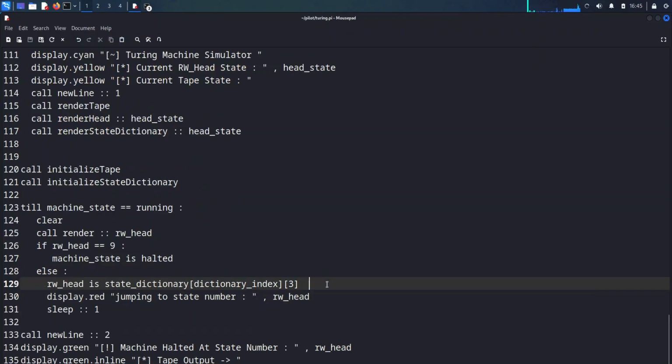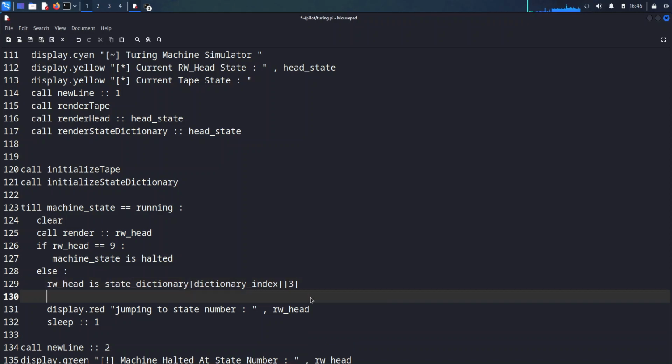I forgot to implement this, right? I'm so sorry. After this we want to change the dictionary index also, right? So dictionary, dictionary index is